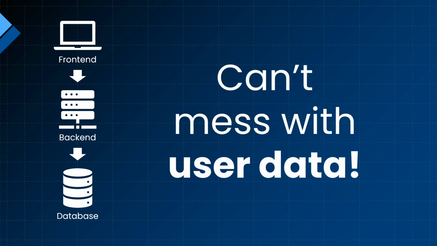Obviously, when you're writing new code, sometimes things might go wrong. You might test some things out. You might be running experimental features that might never even end up being released to the public. And if you're working with real data while you do this, there's a chance you could mess something up. And messing with user data is something that could